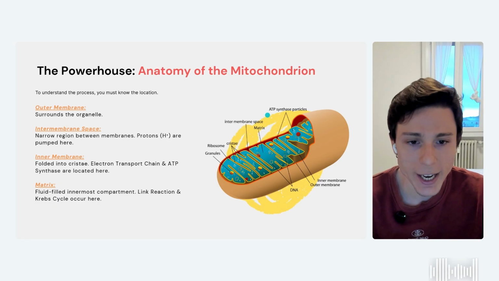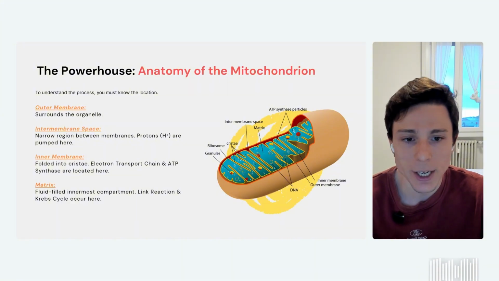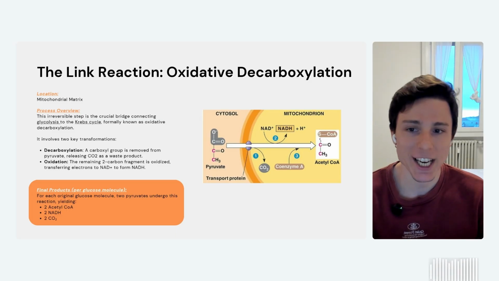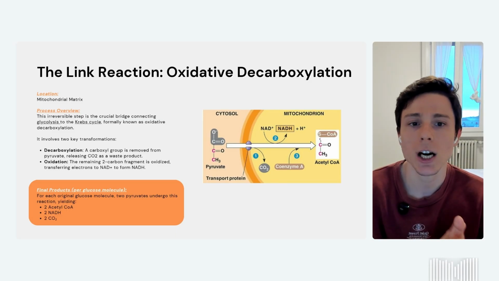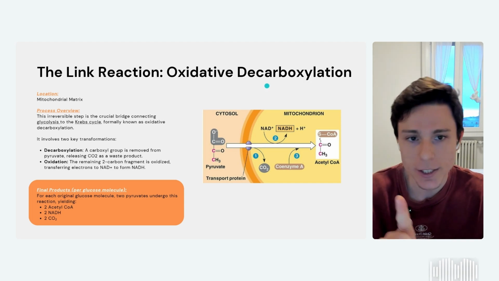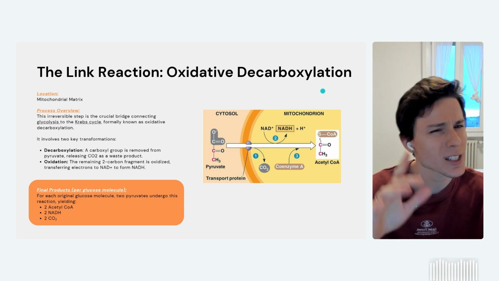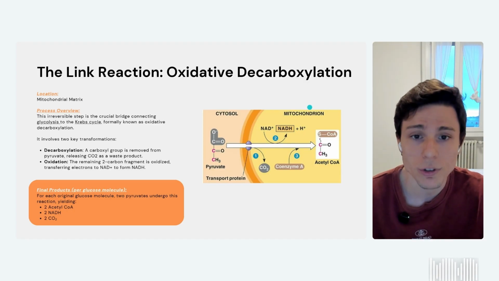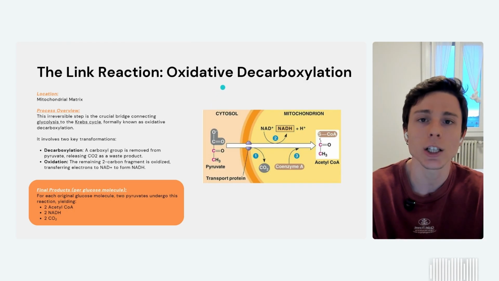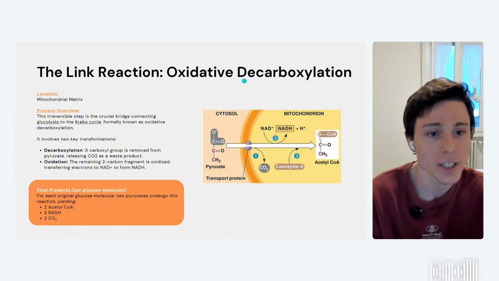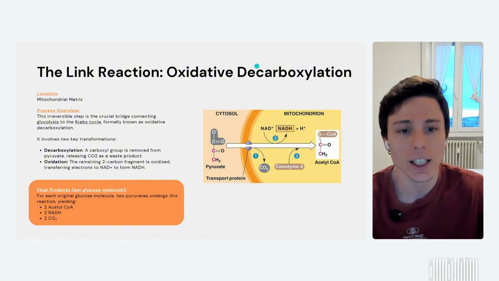And we're also going to have all the important proteins for the Krebs cycle here in the matrix of the mitochondria. So, okay, the link reaction, that little process that happens before the Krebs and after the glycolysis. It's also called the oxidative decarboxylation. Oh, that's an ugly name, but it really helps us to understand what's going to happen here. So it's oxidative because it's going to lose electrons, and decarboxylation because, well, guess what? It's going to lose a carbon.